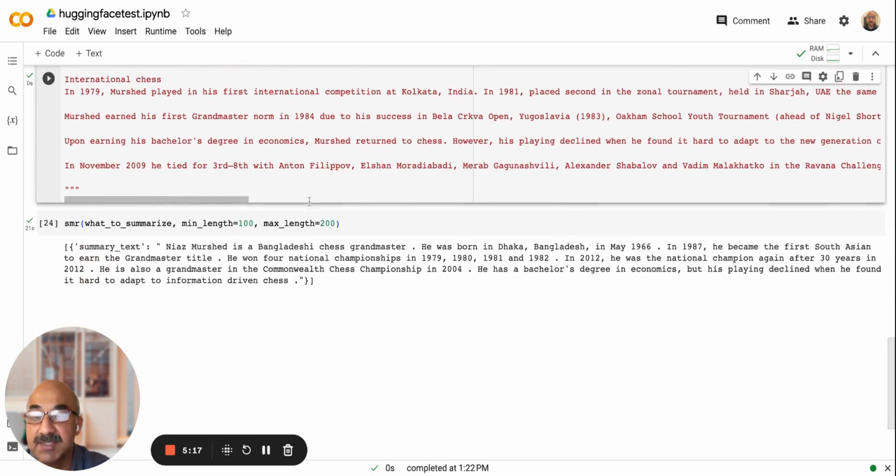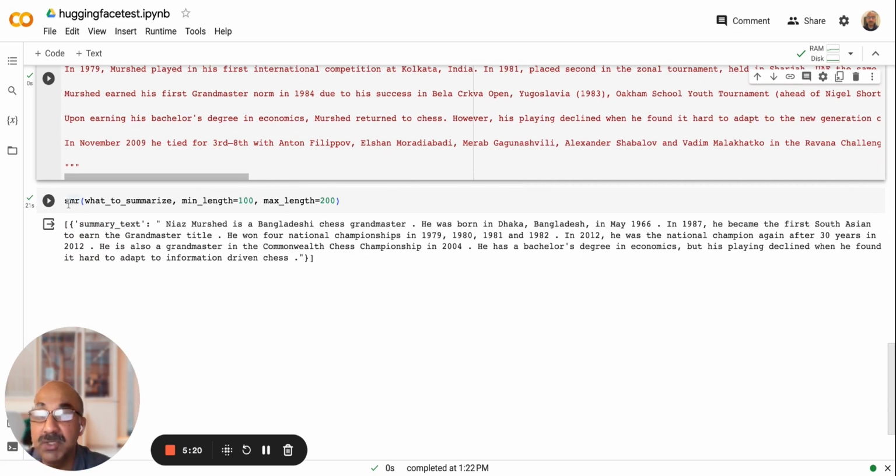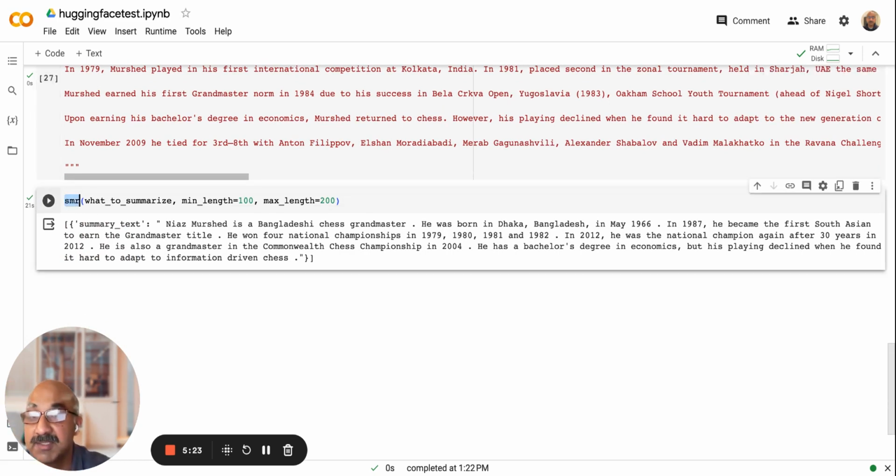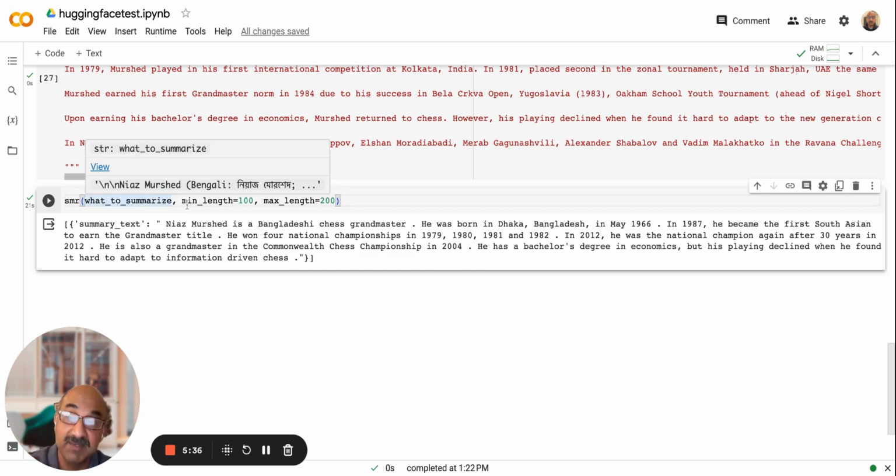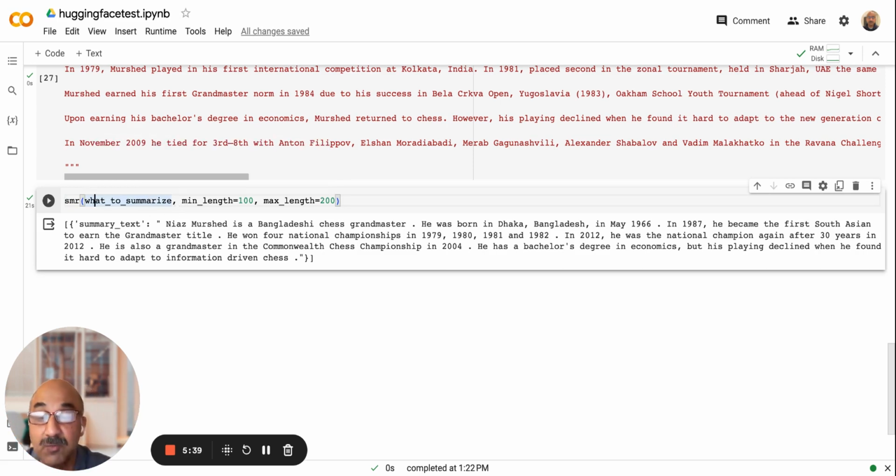So it does that. Now the next thing we're going to do is actually do the summarization. So we're going to call the SMR model that I've defined earlier in this Colab notebook, and we're going to give it the variable of what to summarize, because that's where we saved the text. We're going to feed that variable into the calling of this function, and in this model, we're going to say, hey, in the summary, at least give me 100 words. Don't make it shorter than that. Also, don't make it bigger than 200 words. So those are the parameters I gave it. Now I'm going to run that,